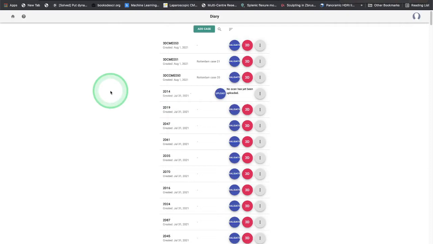View of the Innersight platform, how to navigate the interface, and just provide a brief tutorial on how to use the 3D models in practice. When you log on to the platform, you'll be presented with this diary view, and you can organize the cases